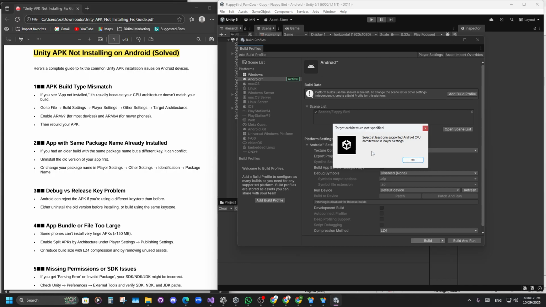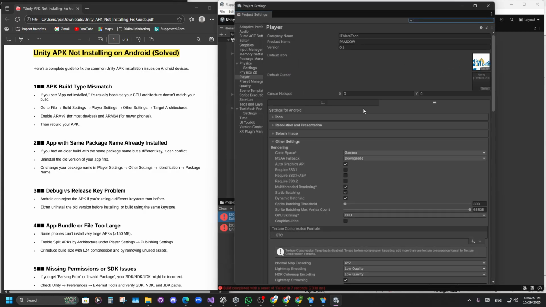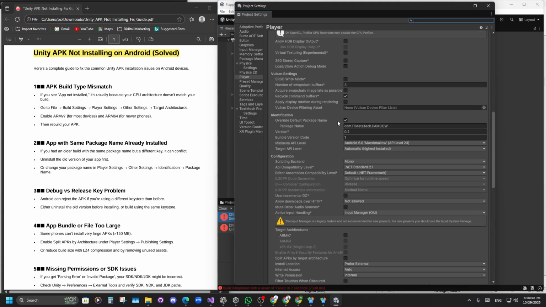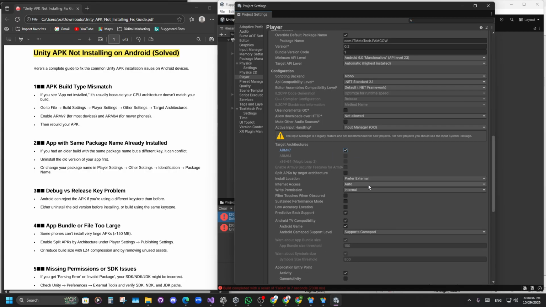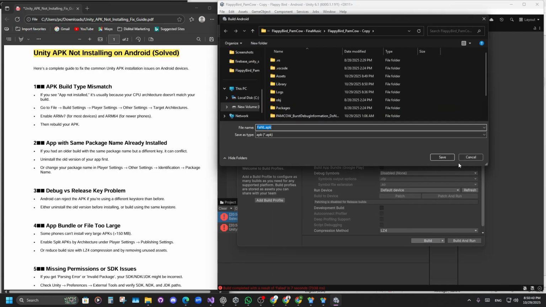And yeah, here we have a problem that our target architecture is not specified. So we need to go to the player settings and go to the other settings. After that we will go down and see, yeah, here we have our target architecture. Here we select the ARMv7. Now we go back and try to build the APK,